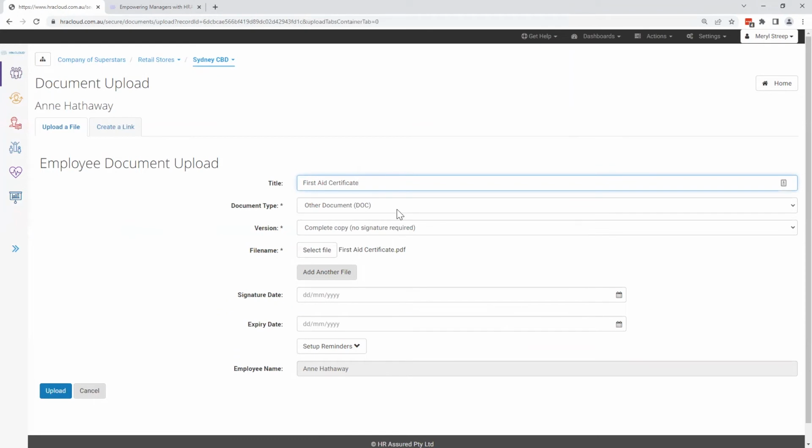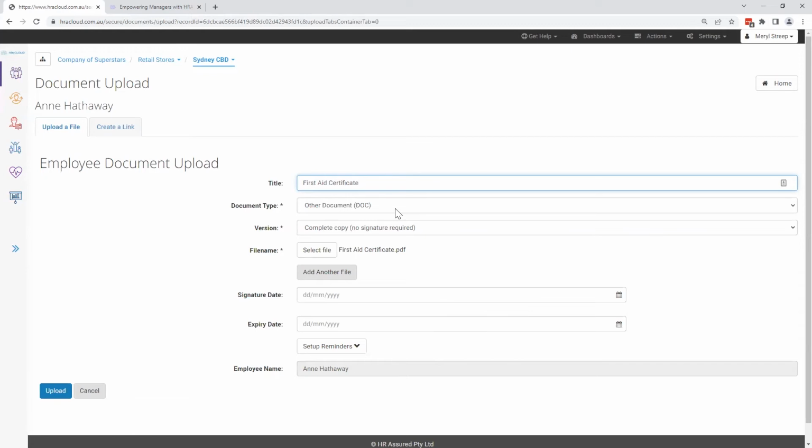You will need to choose the document type for the document that you're uploading, and this is important for a couple of reasons. The document type may impact who can view the document, including the employee, through their self-service portal, and you may want to be able to report on particular document types in the future.